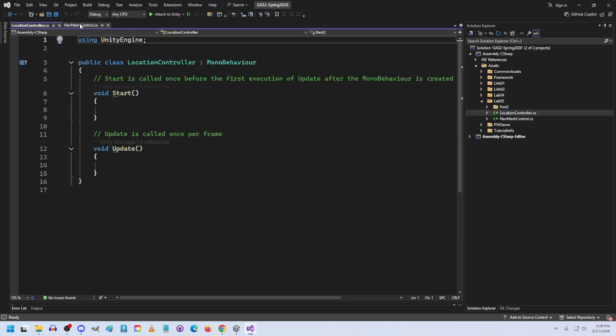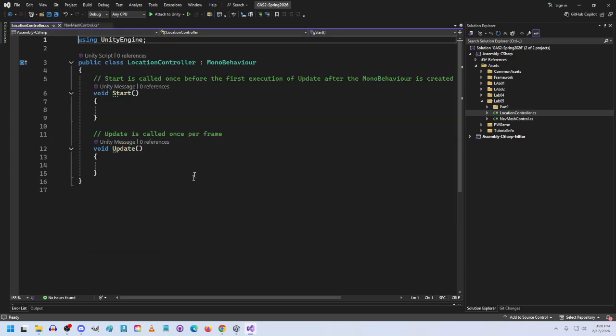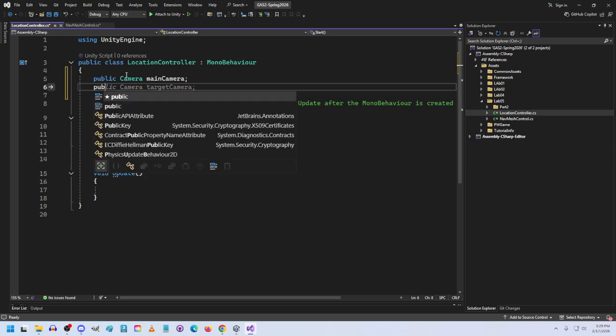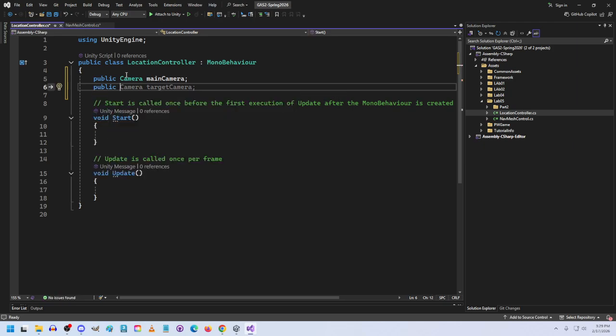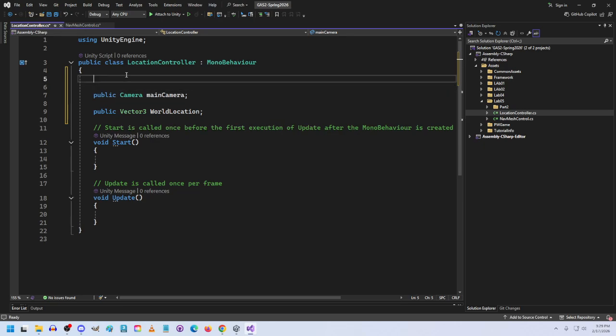I actually don't need the main camera in this one, because we're going to do the work for that over here. I'm going to do a public Vector3. I'll just call it world location. And I'm going to do a public static,